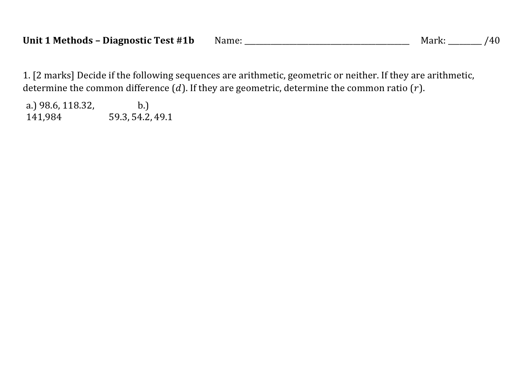Now my formatting's gone a bit strange in this first question here, but the first question we're looking at is this sequence here, 98.6, 118.32, 141. Now it's meant to be 0.984. If you took that as 141 comma, then 984, then it's no sequence at all. But let's assume that you thought that was just a typo and that was meant to be a decimal